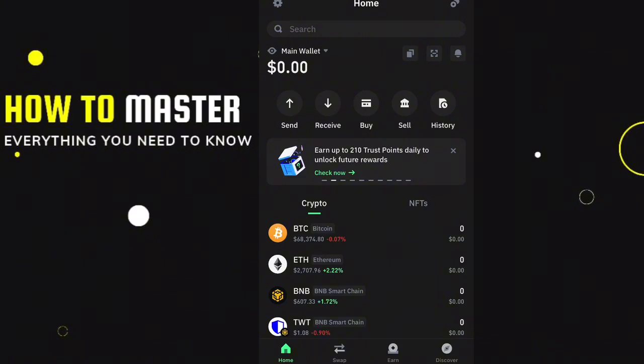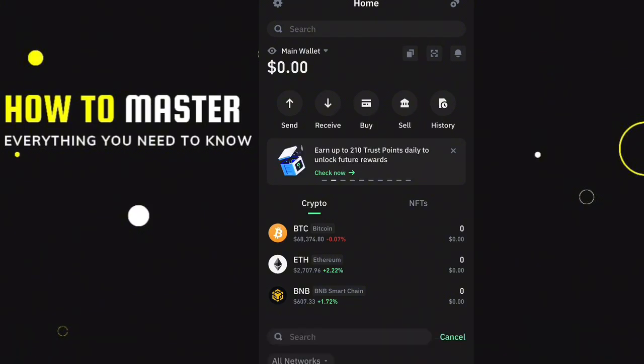So simply find a suitable exchange to swap your crypto into Palm tokens. This could be Binance, Coinbase, or KuCoin. You then have to deposit your normal cryptocurrency into the exchange and then trade it for Palm tokens. And then finally, withdraw the Palm tokens back into your Trust Wallet, where you can then begin the transaction and